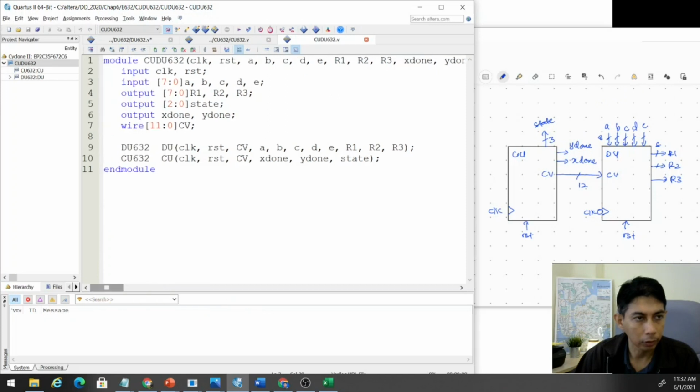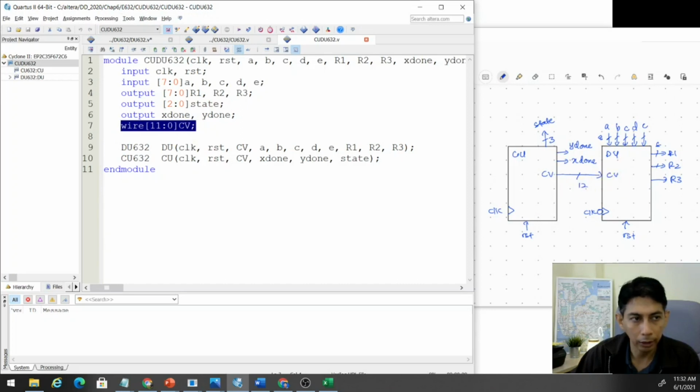Clock and reset are inputs, A, B, C, D, E are 7-bit inputs. Outputs are R1, R2, R3, which are 8-bit, and the state, which is 3-bit, and also the outputs X done and Y done. And we have wire CV,